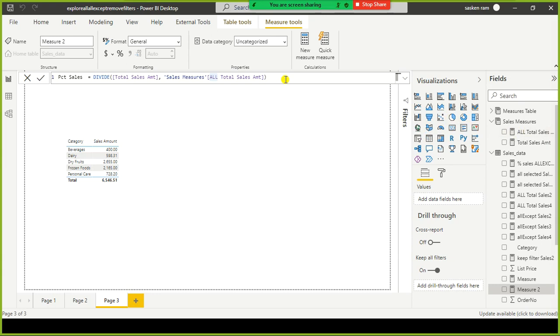In this case, the denominator of the ratio needs to ignore the existing filter context for calculating the grand total. In simple terms, we need all the categories' total. That is what we are doing. Let us see what happens.